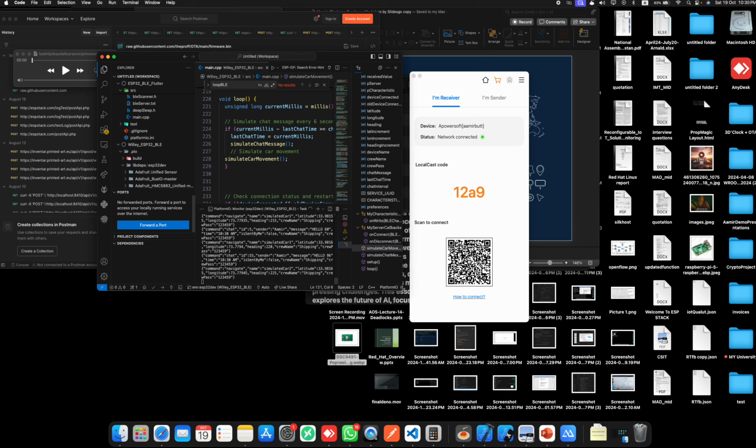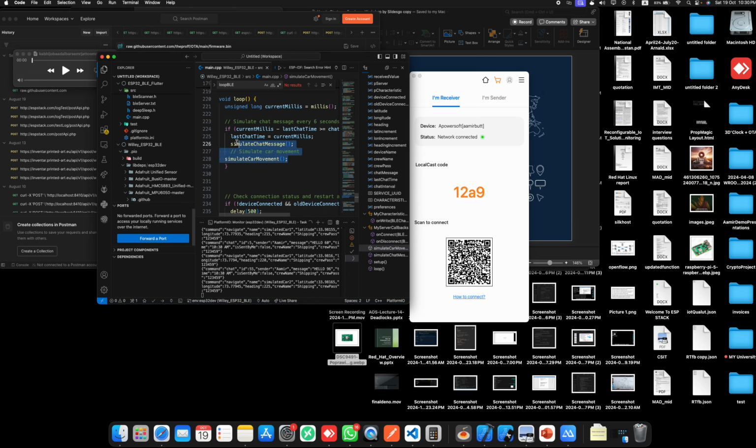This is my ESP32 code. I have created two functions to simulate the chat messages and car movement, similar to the way we are going to handle it in your code. Right now we are continuously getting two types of messages, the chat messages and the navigation messages. I am randomly sending some latitude and longitude values just to test the